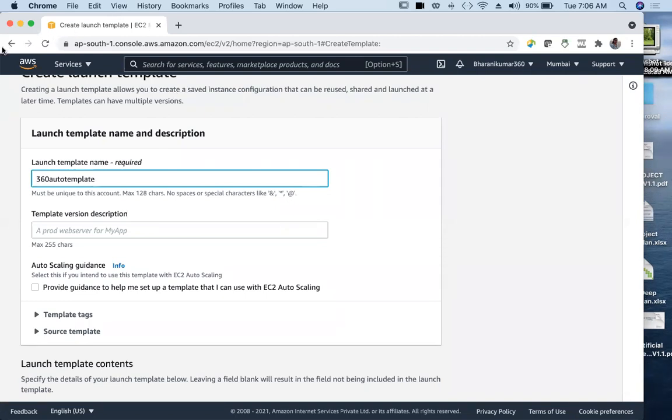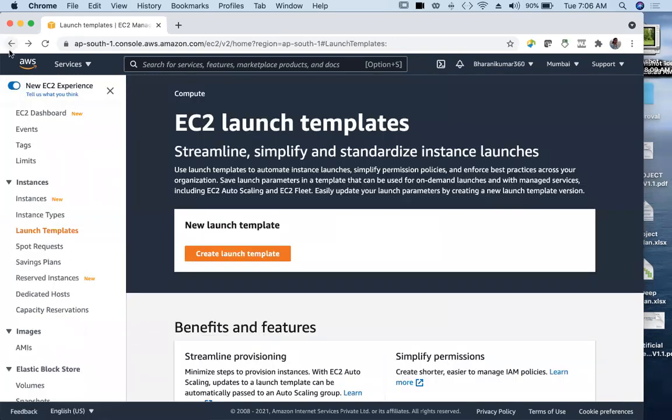So let us go back. See, launch templates automate instance launches. Simply you have to provide permission. You need not launch the instance manually; as I said, maybe programmatically or through the CLI, instances can be launched.